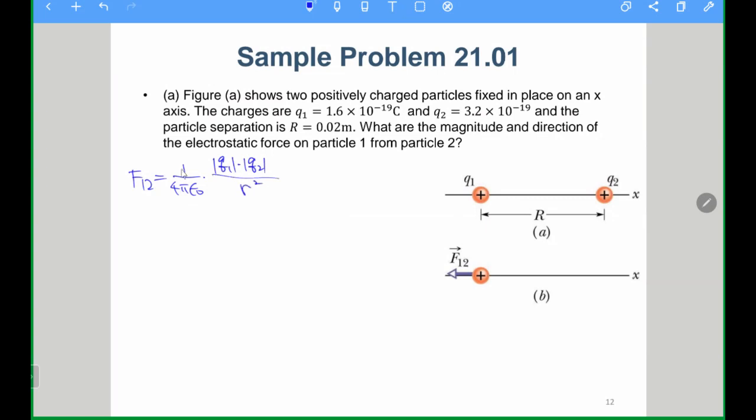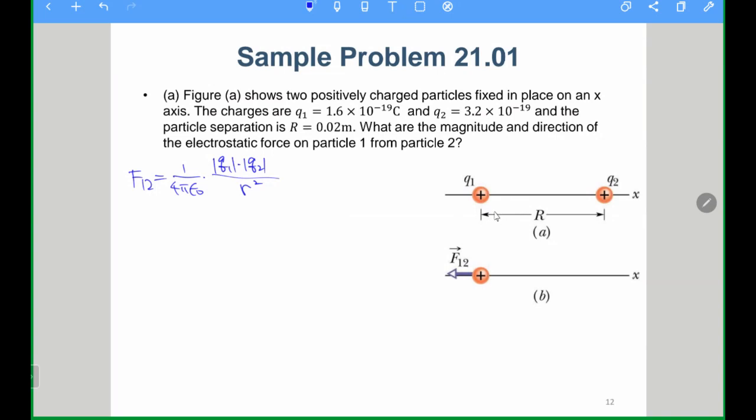Here we only calculate the scalar, the magnitude of the force. So we can just take the absolute value of the charge. We don't really need to care about the polarity of the charge, whether it is positive or negative. Then we calculate a positive number and try to determine the direction of the force